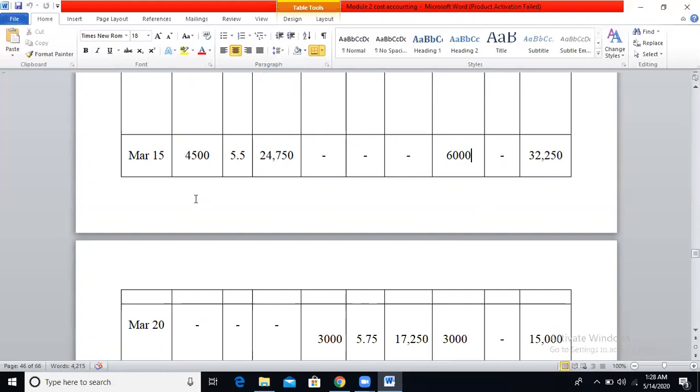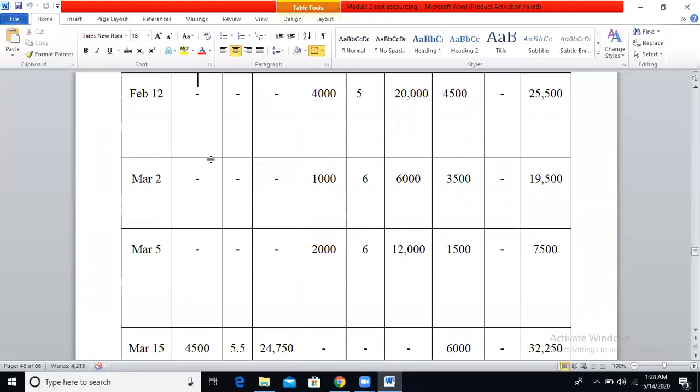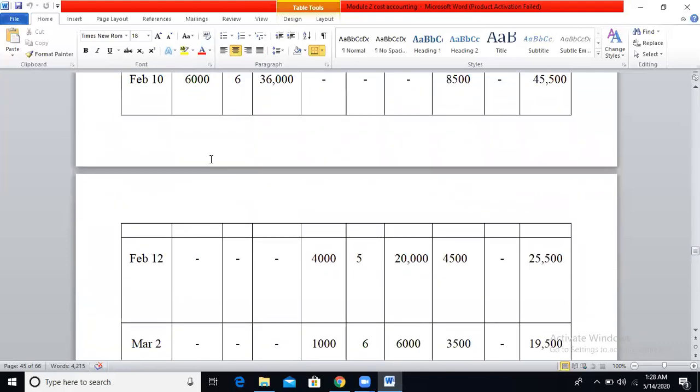Now, go through the reverse chronological way. The last purchase, that is 4500. So till you get 6000 units, you have to go reverse. 6000 units, how will you get? 4500 units from 5.5 rupees, and that is not 6000 units. It means still there are 1500 units remaining out of 6000 units. So you will consider the remaining 1500 units from here. So you are considering the 2 units, and you have to take the average of these two prices.